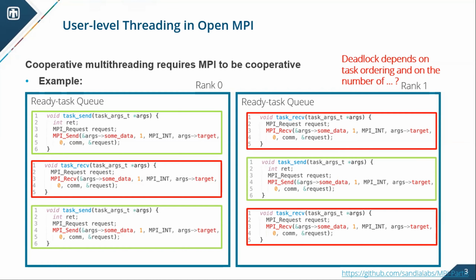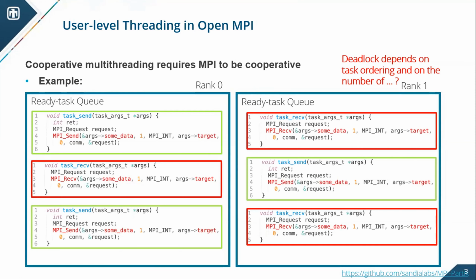Well, there is a potential deadlock if, for some reason, the scheduler on rank 0 decides that the red task will be scheduled prior to all other tasks, and there is one additional condition that has to be met, and that is that the number of threads is smaller than the number of tasks. Because if it's equivalent to the number of tasks, there is a high probability that these tasks will run in parallel. So we will not see this deadlock situation. However, if the ordering is such that red tasks happen to be scheduled prior to the green task,